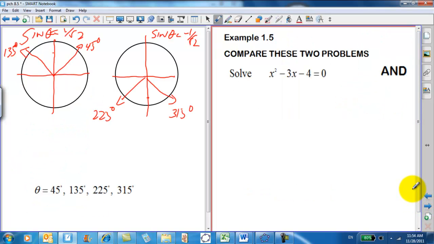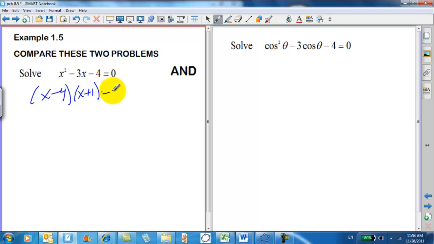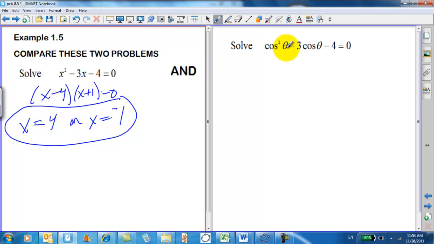Now compare these two problems. x squared minus 3x minus 4 equals 0. Oh, well I can do that. Just factor: x minus 4 times x plus 1 equals 0, x equals 4, or x equals negative 1. I'm done. It's a quadratic, 2 answers. Cool. But compare with this, which also looks like something in quadratic form,